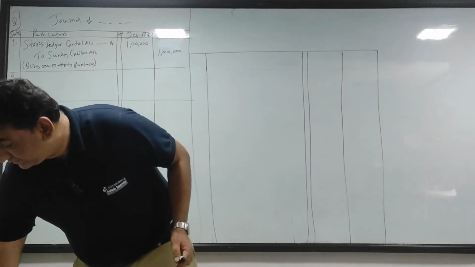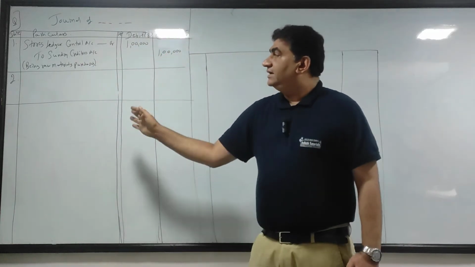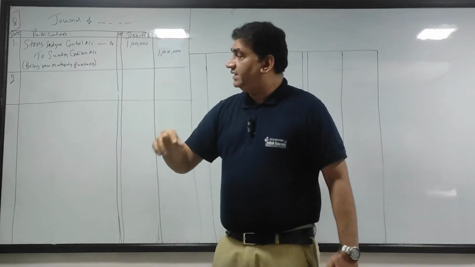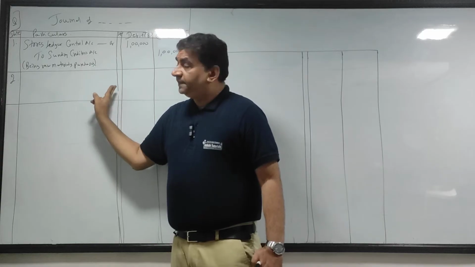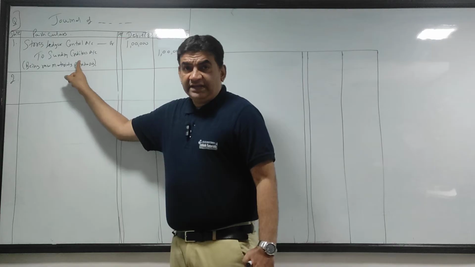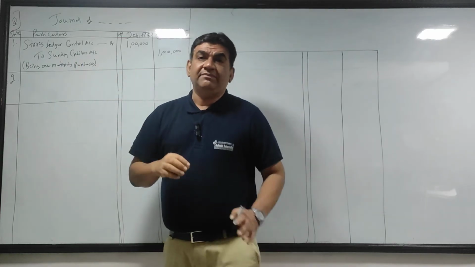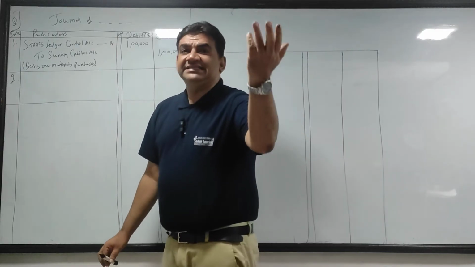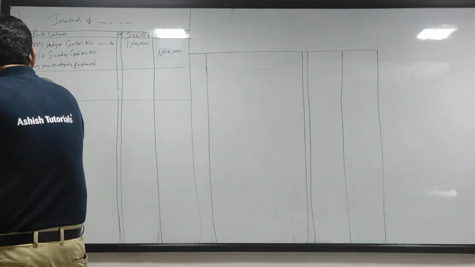How much was the amount? I think 80,000. Yeah, so I bought 1 lakh, and out of that 1 lakh, the production department needs 80,000. So see the concept. When the material came, I debited. Now the material goes out, so I will credit. It goes into the production department, so end of the day it is a part of processing cost, that is work in progress or work in process. So my entry will be